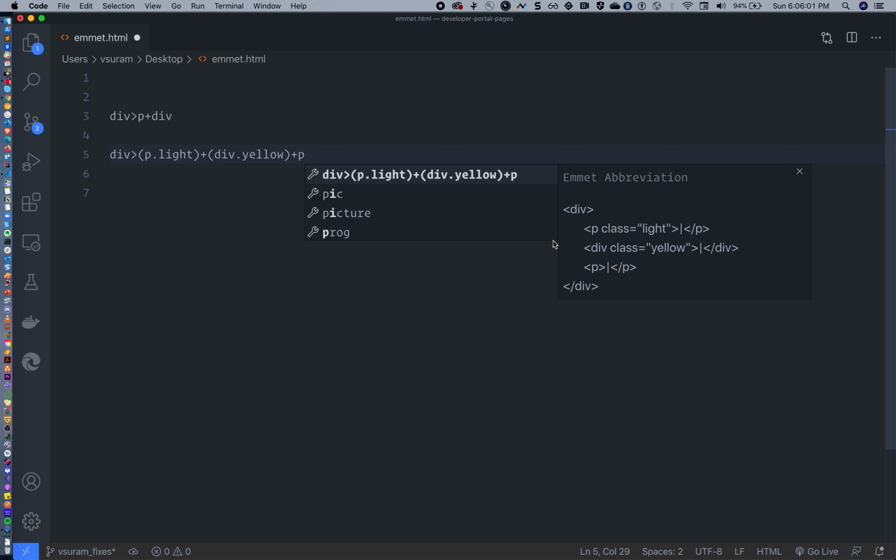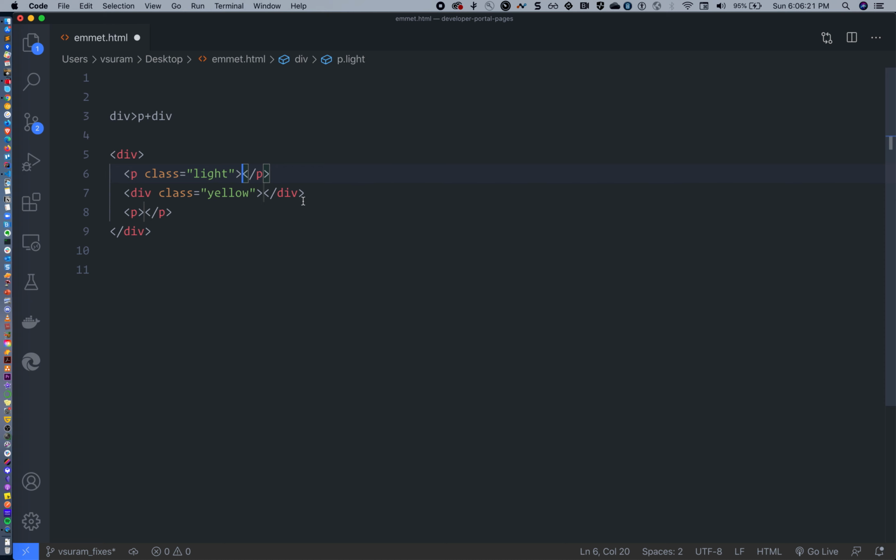When I hit tab, as you can see in the preview, a p element with class light is generated, then a div element with yellow class, and then a p. So three siblings are created and nested under the main div, and then hit tab. There you go, you have content ready. Some content, hit tab, content, another content. So this is the way you can create deeply nested and sibling elements.